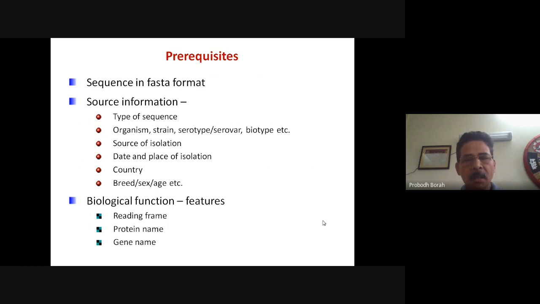Suppose you have amplified a particular gene known to you by a specific PCR, and then the PCR product was purified and sent for sequencing by the Sanger sequencing method.